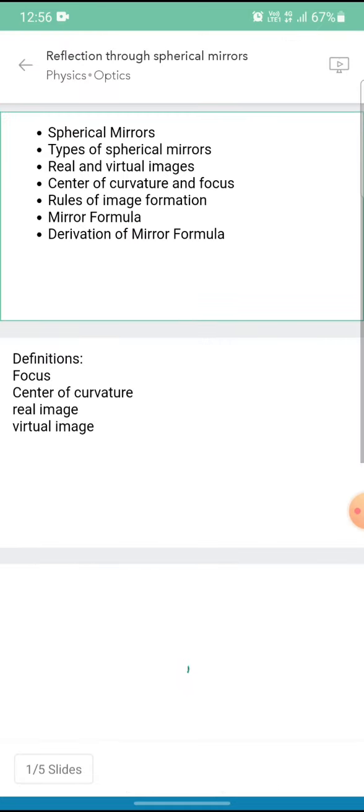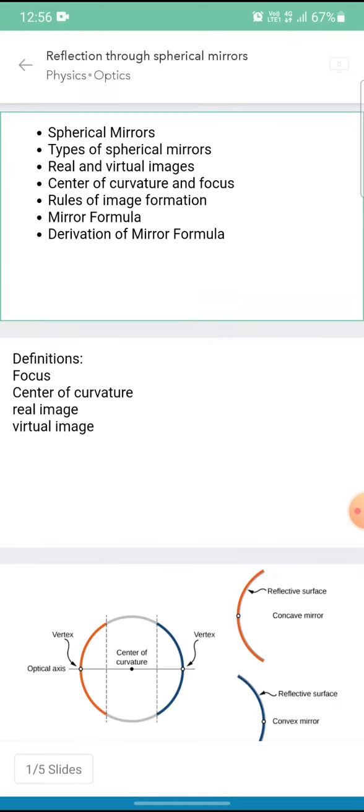When I tap on it and when I click on this play button on the top right corner, I can just access the presentation, and using these arrow buttons I can navigate across. So if I have this image, I can even zoom in and zoom out. And if I have some YouTube video which has been imported into the lecture, I can just tap on the play button and the video gets played on its own. Let's find out